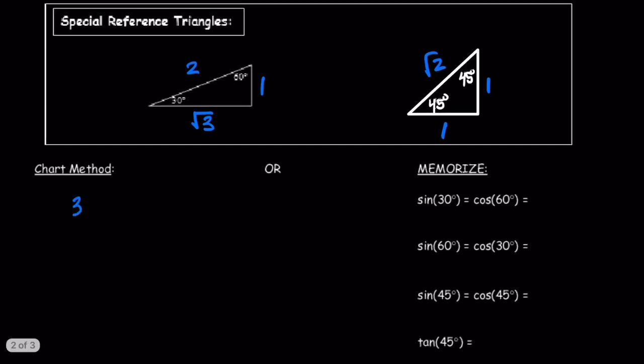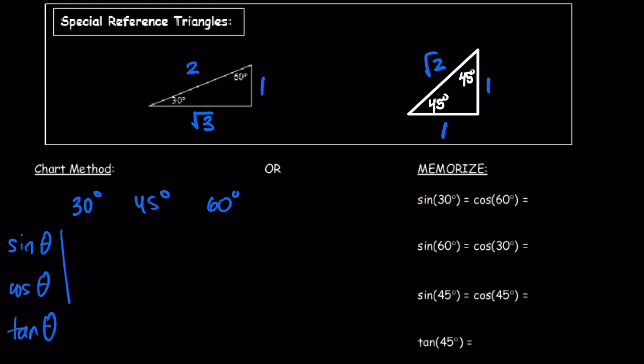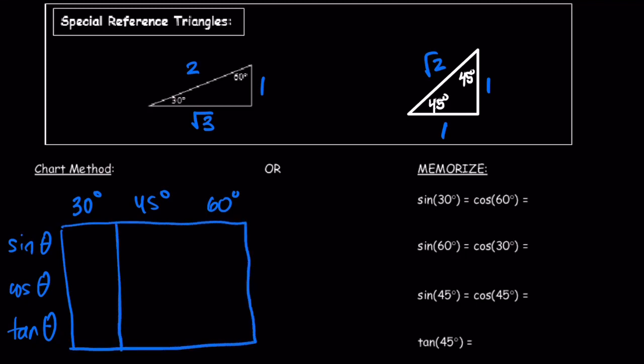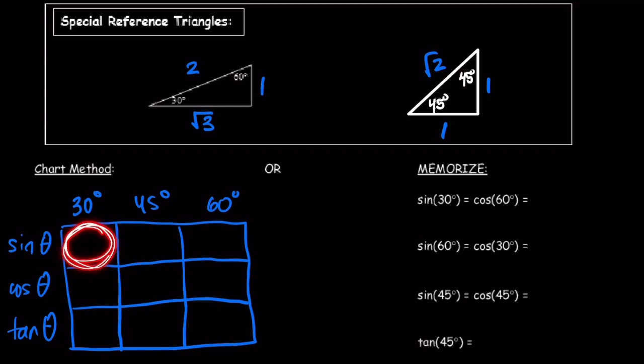So if we look at 30 degrees, 45 degrees, and 60 degrees, and we're looking at sine theta, cosine theta, tangent theta. So here's how the chart is going to work. Some of you will prefer to think of it this way. You're not going to have time to write this out for every single question, but it's just a way to help you memorize these. And this first one right here is one I highly recommend you memorize. So if you remember your SOHCAHTOA,